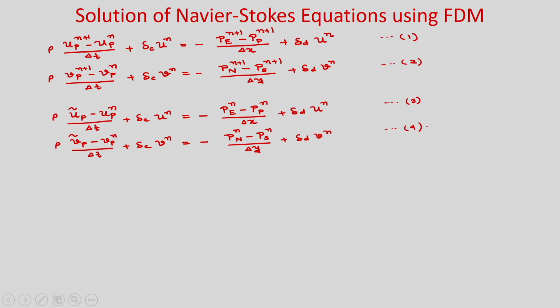Okay. So, you can see that equations 1 and 2 we need to solve, but there are too many unknowns because you have u^(n+1), v^(n+1) we need to solve for, and pressure is also unknown at n plus 1. So, what we did, we assumed the pressure from the previous time level and we are solving these equations. So, obviously, we will get some provisional velocity and that we are denoting as u tilde and v tilde. So, now you subtract equations 3 and 4 from equations 1 and 2.